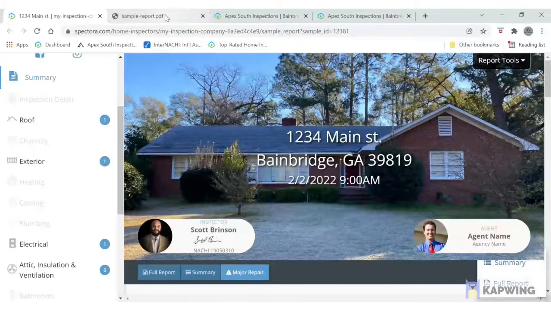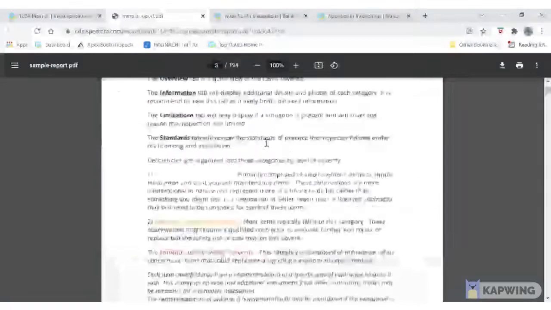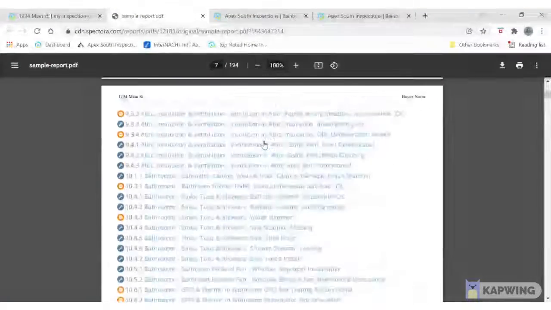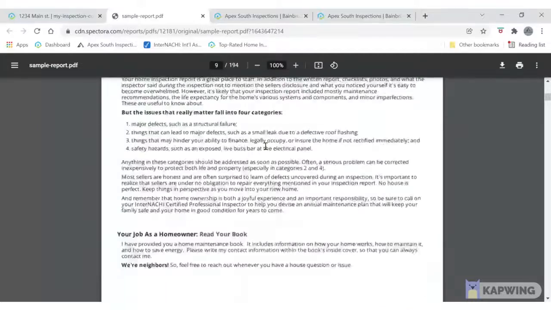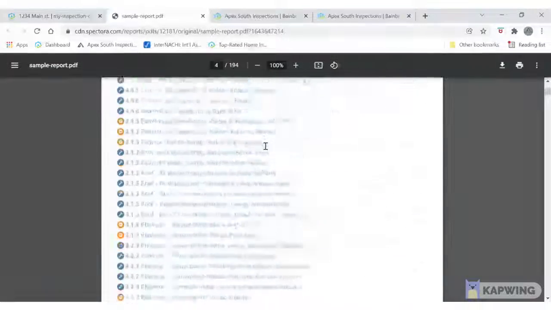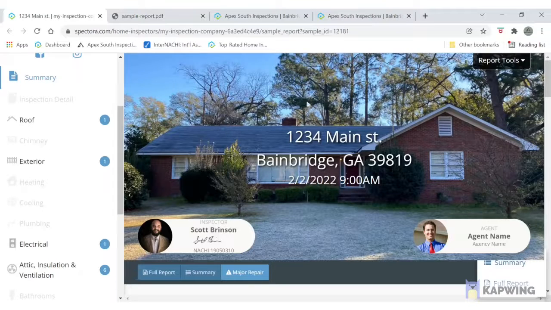I actually have the PDF version of the full report. It's 194 pages long, so that's a lot of information to dissect. Okay, so with that being said, you want to be able to get concise information. And another tool that I wanted to introduce you to is, if you go to the top right hand corner